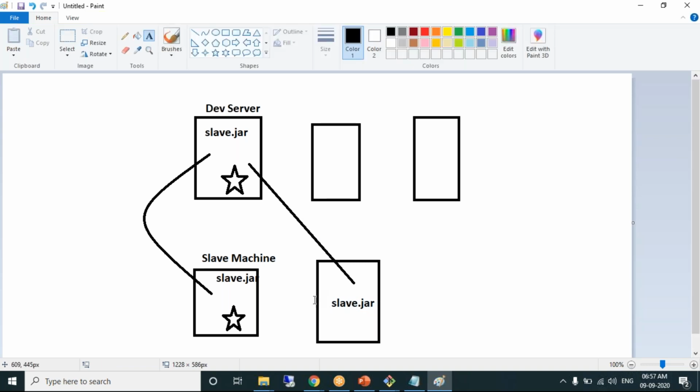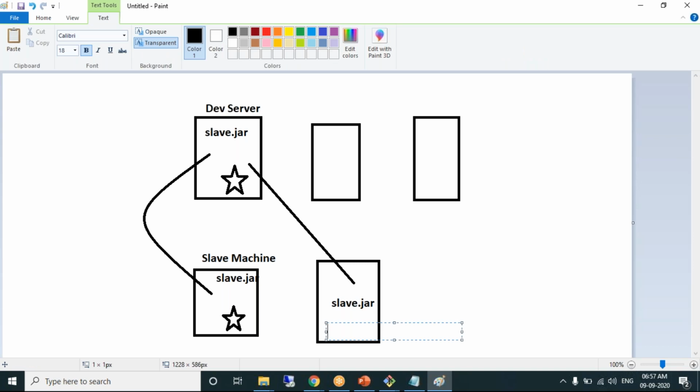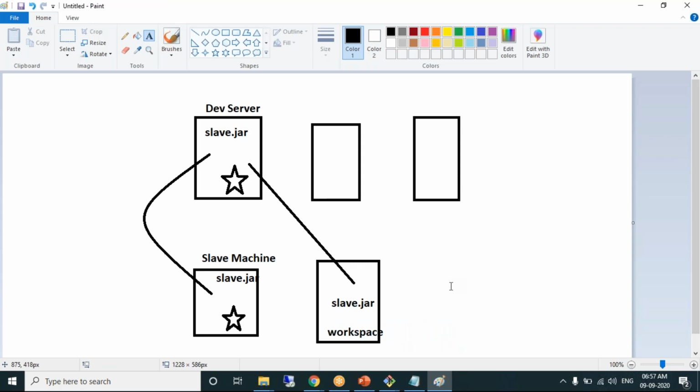Download the slave.jar file on the second machine also. Create a remote directory, some workspace or whatever it is. That's it. Sunil, but the steps are confusing for me. Create one more node.